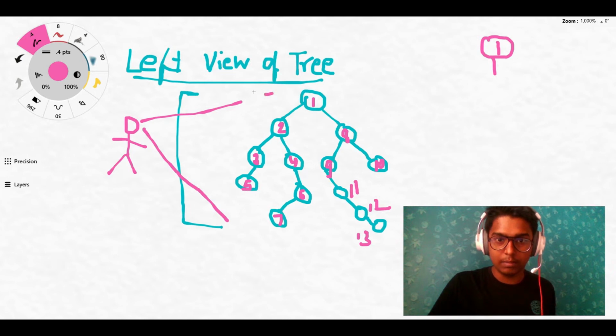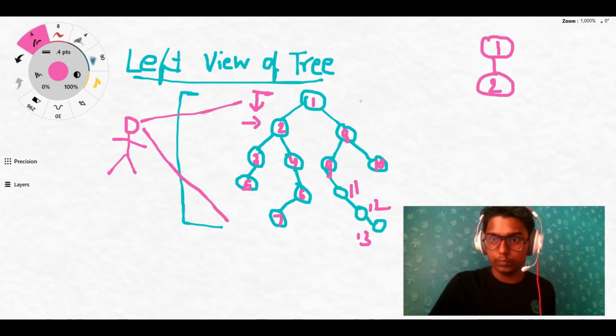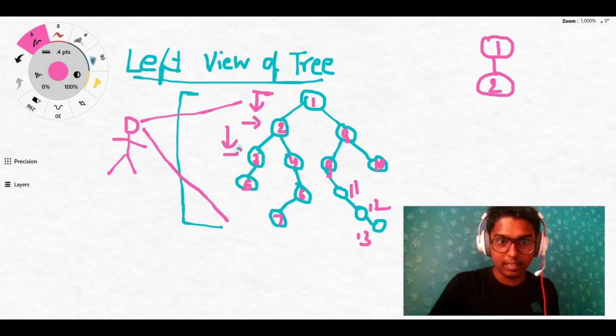First he will be here, right? He will come downward, then he will see this one, 2, right? Then he will come downward, and what will he be seeing? 3, right? So here the answer is 3,